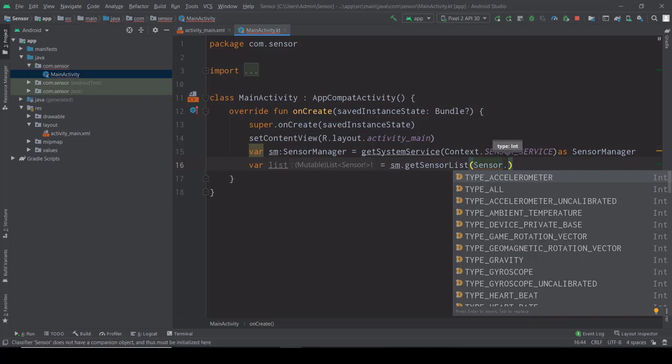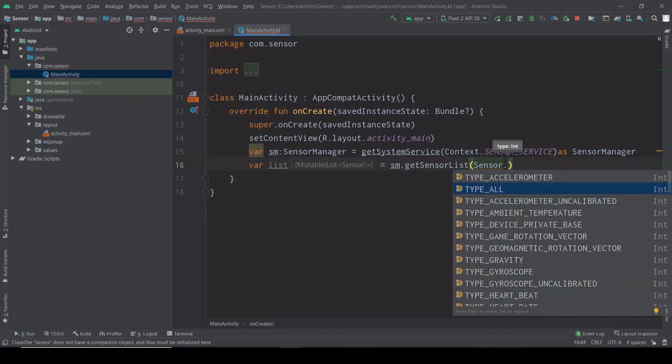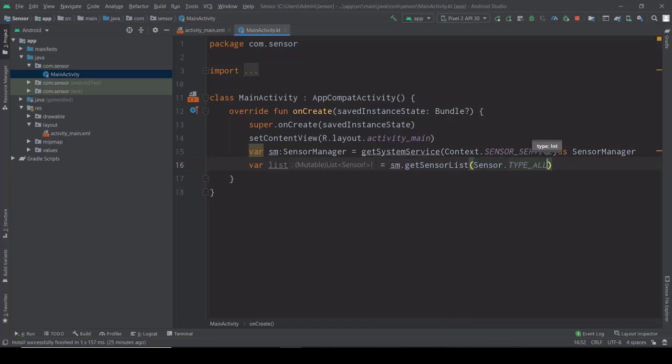For example, you may want only the accelerometer, or gravity, gyroscope, or heartbeat. Many sensors are there. I want to display all types of sensors available in my mobile, so I choose all types. We successfully get all the information and store it in the list variable. Now I'm going to display all the sensor type names in the list view.